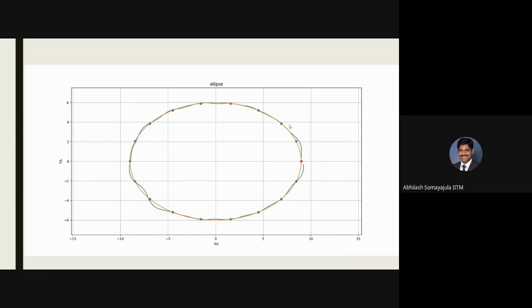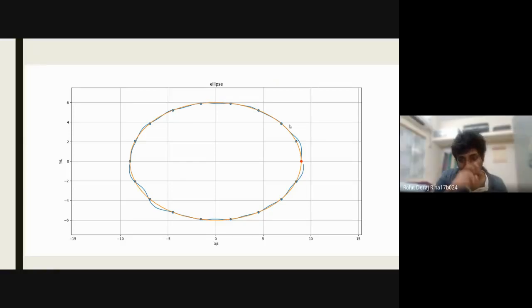Initially, all the accelerations and velocities except for u velocity are 0. The ship is located at the coordinate 9, 0. The equation of the ellipse is x squared by 9 plus y squared by 6 equal to 1. So we have a major axis length of 9 and minor axis length of 6. And the initial orientation is in the positive y direction, psi is equal to 90.